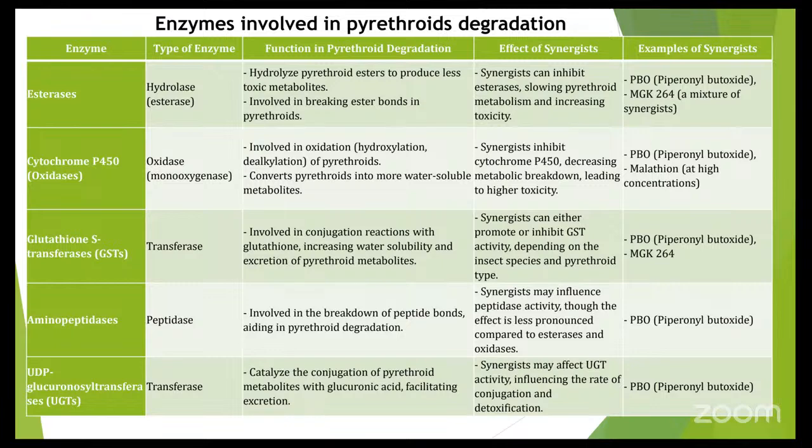So we are studying a few, but there may also be many more, like several different types of esterases which are responsible for the breakdown of pyrethroids. Based on their sensitivity to inhibition by esterase inhibitors like paraoxon and alpha-naphthyl N-propyl carbamate, different esterases could be distinguished for the hydrolysis of